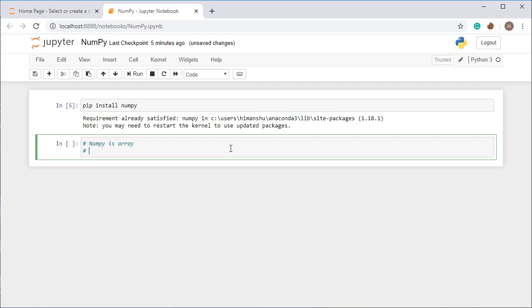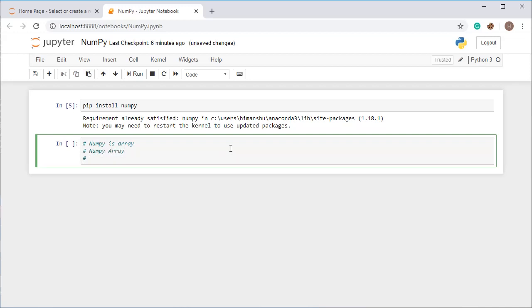So first of all we will consider what is a NumPy array. A NumPy array is actually an array which has the same type of data elements. So all of the elements are of the same type.